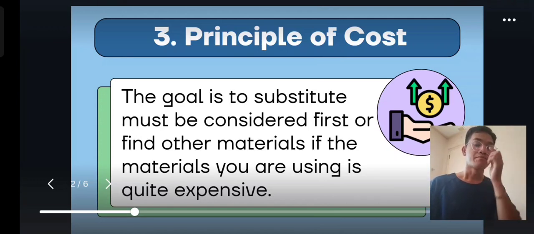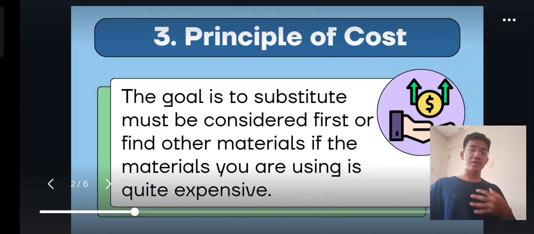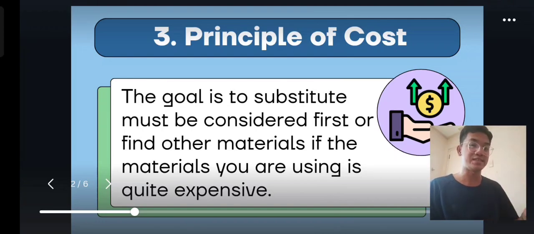So we must choose wisely, and I'm really sure that there are a lot of instructional materials that are not too pricey, not too expensive. So we must substitute those instructional materials